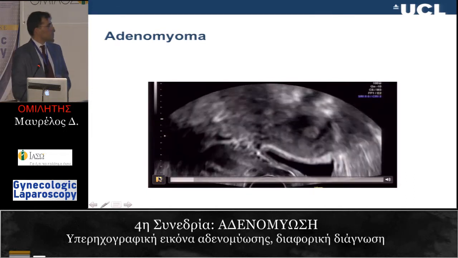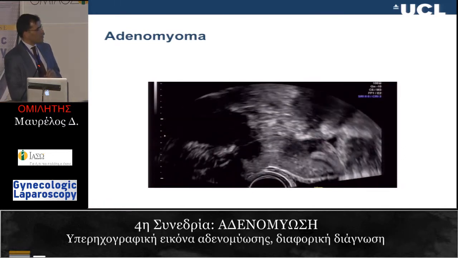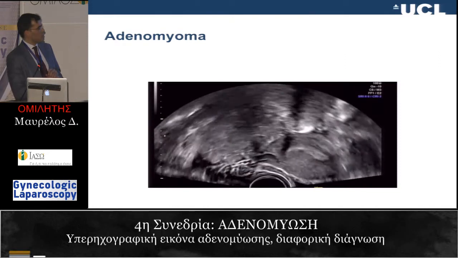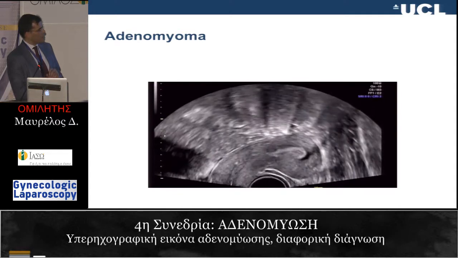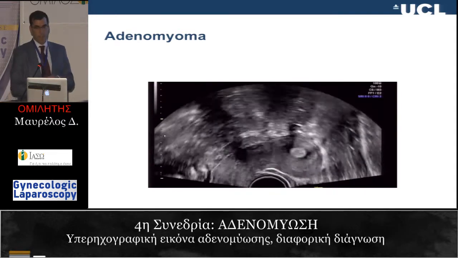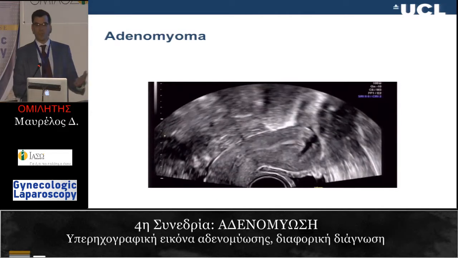Let's see. So there's the uterus, that's the endometrium there. It looks normal posteriorly, normal anteriorly mostly, but there is a distinct area here, which is an adenomyoma. It's important to be able to make that distinction, because if you think this is a fibroid, then you book the woman for a transcervical resection, and you'll find something different, and you'll be in trouble. There will be no capsule, the disease will be diffuse, and there'll be nothing to resect. And so you'll have some egg on your face trying to explain why you booked this hysteroscopy.